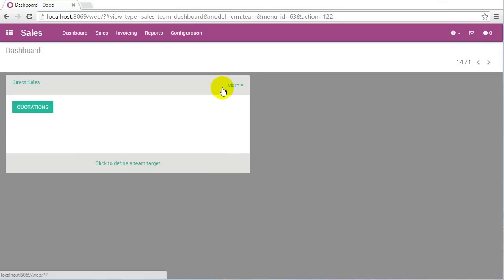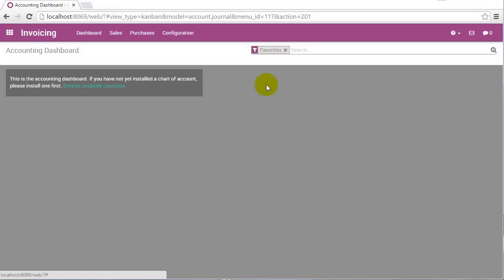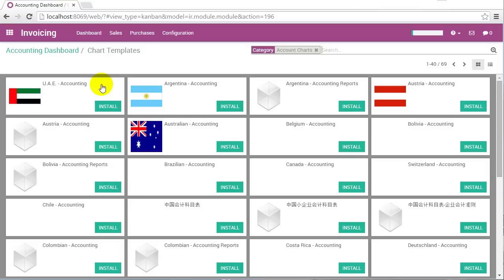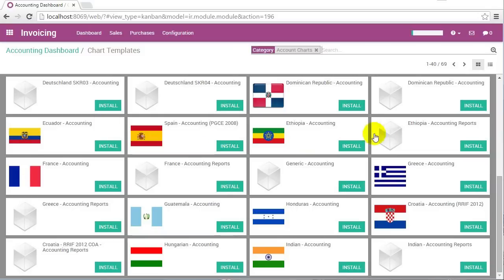Go into your invoicing here, and click on Browse Available Countries. They've broken out all the countries' different charts of accounts into their own icon with the flag, where they describe the country